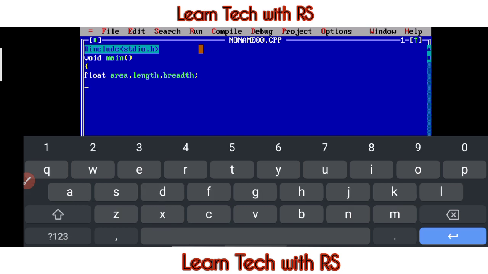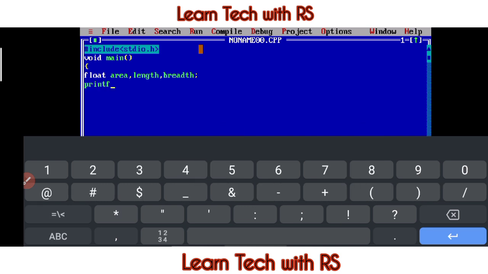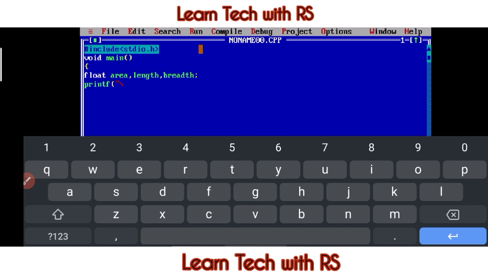Then in the next line you have to write the print function. Okay, printf, bracket open, then inverted comma, then backslash, remember backslash. n means new line. In the new line you will write, then enter any sentence which you want to show, which you want to put in the output. Then we will write, please